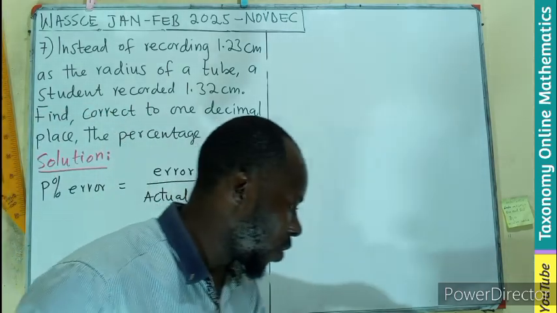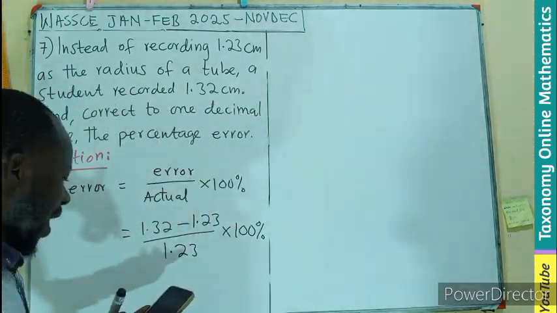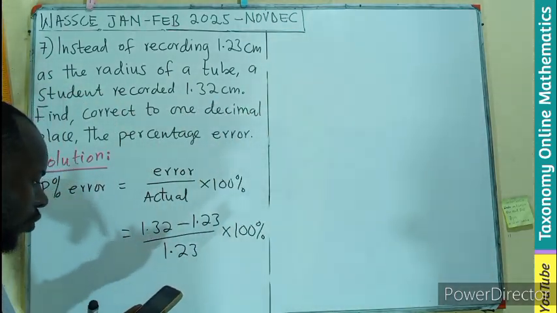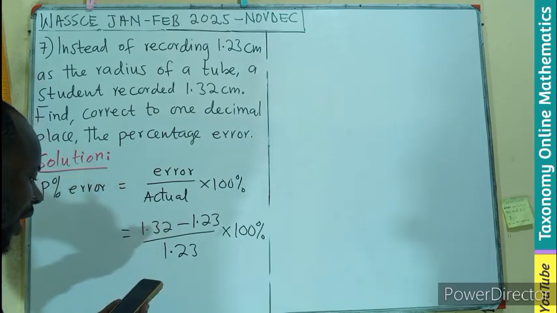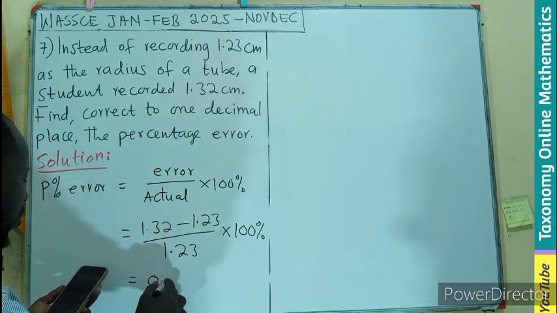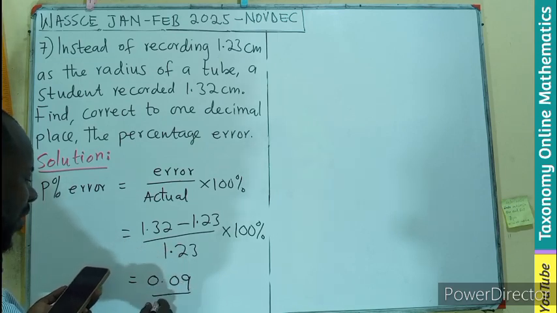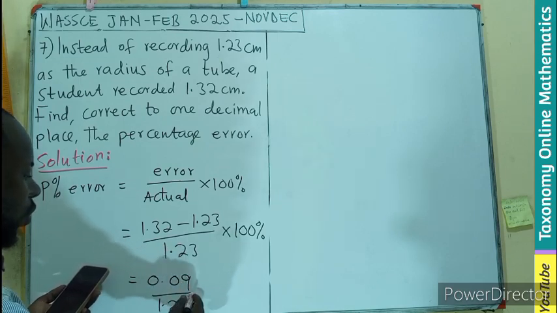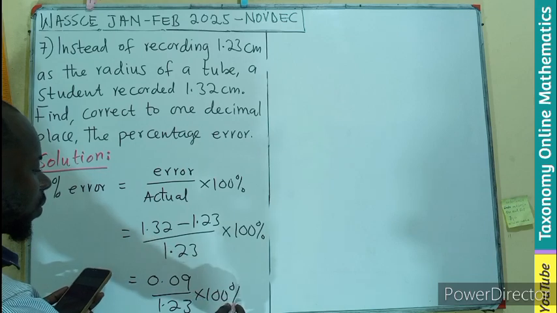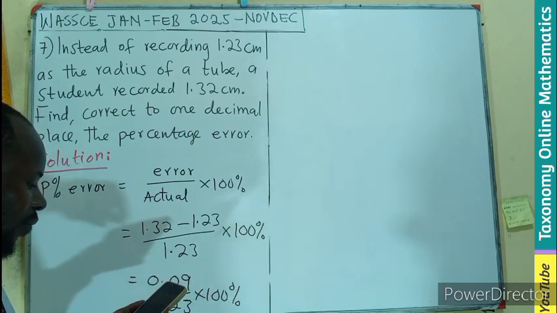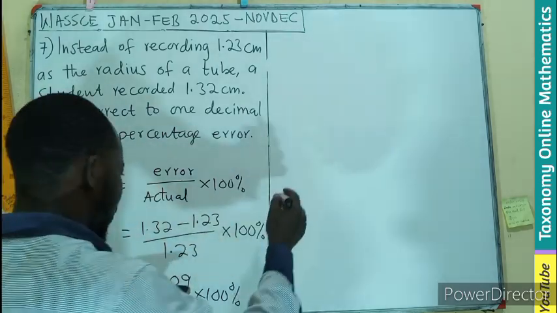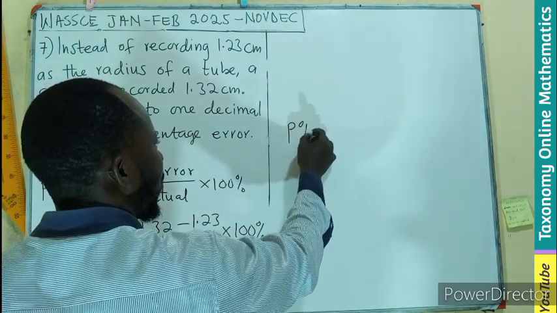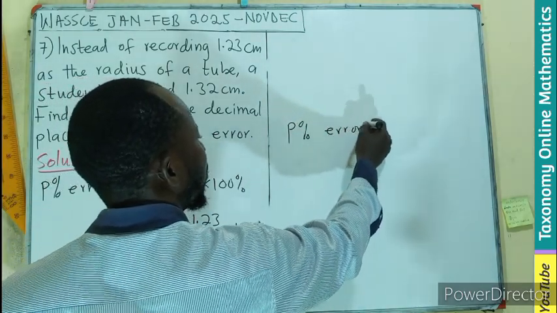So let's see on our calculator. We have 1.32 minus 1.23. That will give you 0.09, divided by 1.23, times 100%. If we do that, we should have the percentage error as